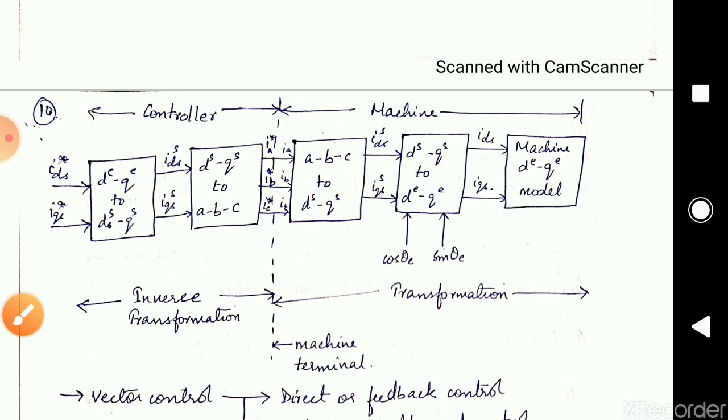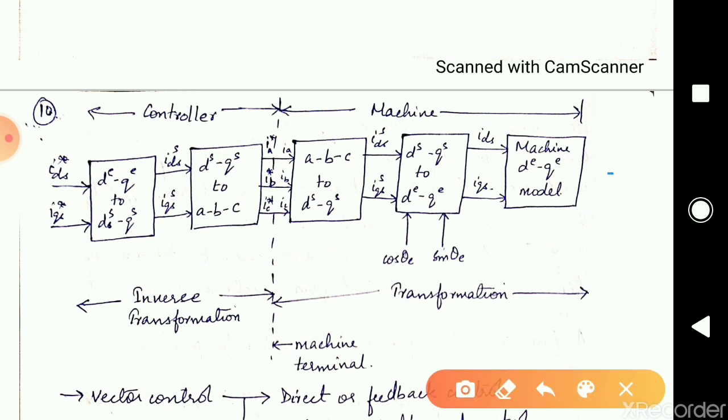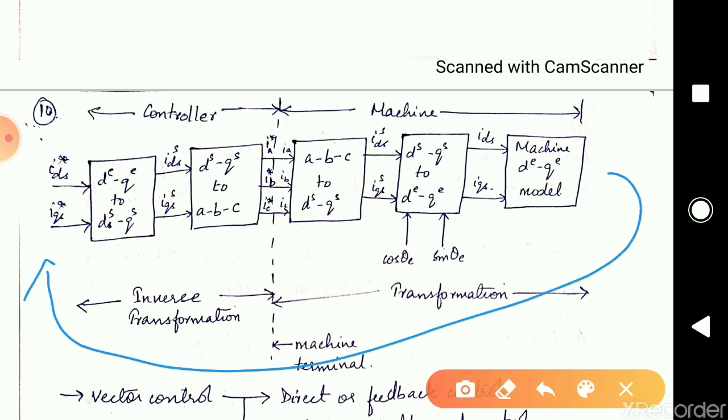Now suppose I want to carry out some controlling measures. I will be taking the feedback from here and I will be giving it to my controller. So I have taken a feedback and given it to my controller. The controller will compare it with some standard values, and now the controller has two-phase synchronously rotating variables with it. The controller has as an input two-phase synchronously rotating variables, but those variables cannot be given to the machine. Why? Because as the input you need to give a three-phase stationary input to the machine.